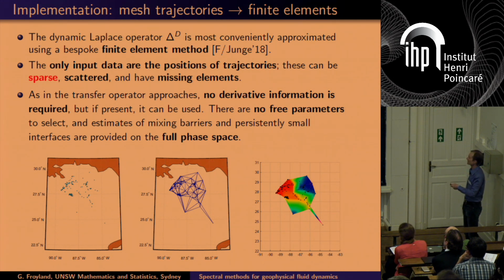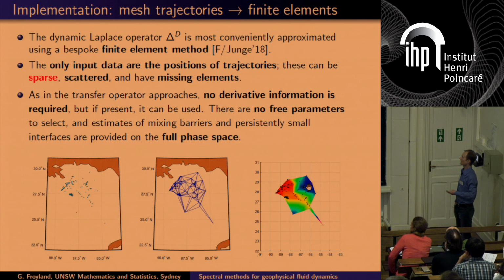So here is a sketch. So this is the Gulf of Mexico. So you might have some buoys. In fact, these are real buoys in a real experiment. At this time, you mesh them up. And of course, you have their positions at several times, and you make several meshes. And you combine these several meshes to make your estimate of the dynamic Laplace operator. And this is what you would compute as an eigenfunction. So you would look at this and you would say the extreme values are red and blue. So you have a non-mixing region here and a non-mixing region here. So that's just a sketch. I'll show you some real examples shortly.